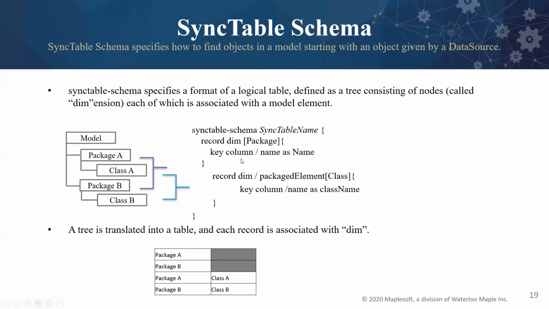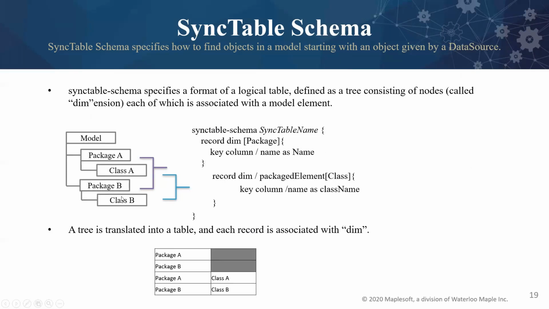Similarly within the package, every time I go on with depth of the dimension, it's like I'm querying a depth below the previous dimension. This way, I get the information of the class that's within the packages. And for the class, I want to find the name of the class and display it. And this sync table schema will translate to a table that we see here at the bottom. We are going to see package A, package B, and then package A has a class A, package B has a class B. We see this output since we used record. What a record will do is add one unique piece of information in one record.